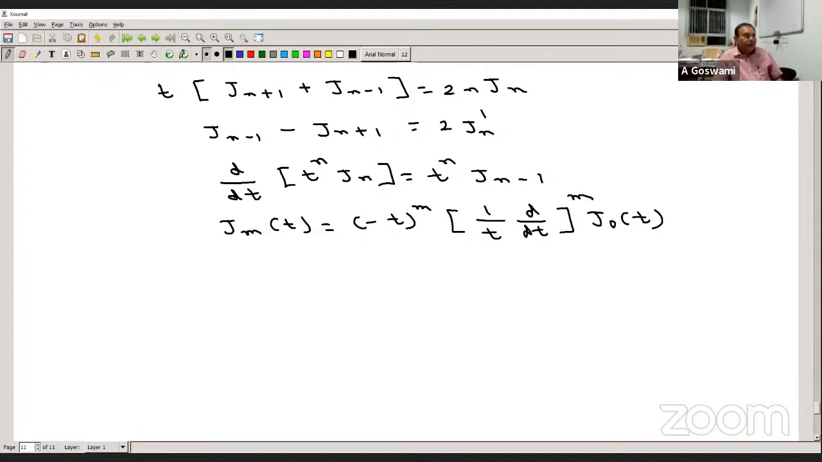Minus t to the power m, 1 by t, d/dt to the power m of J0(t). So